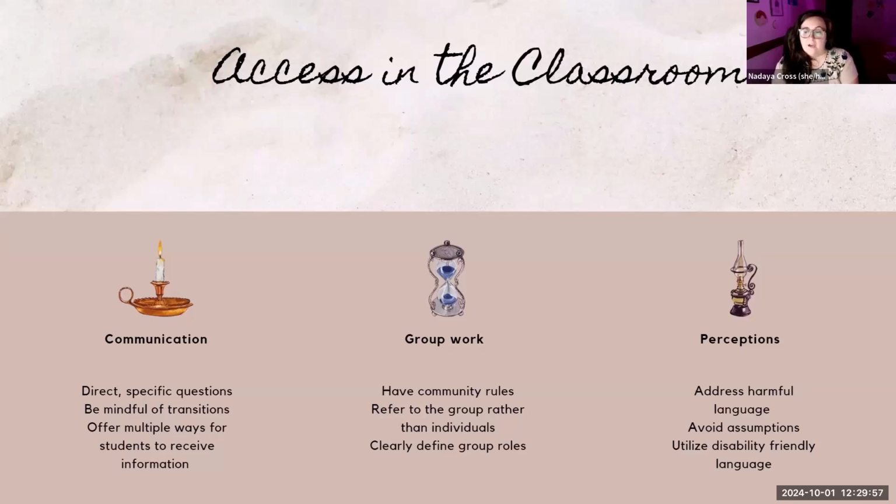And then lastly, how to create access within the classroom is looking at our own perceptions of disability. If you hear any harmful language within your classroom, go ahead and address it if you feel comfortable doing so. Someone says the R word, call that out. That's not appropriate language. That's not socially acceptable. It's a very dangerous and hurtful word. If you feel comfortable doing that for things like that, that's a real drastic example, but there are other ways that it could be harmful.